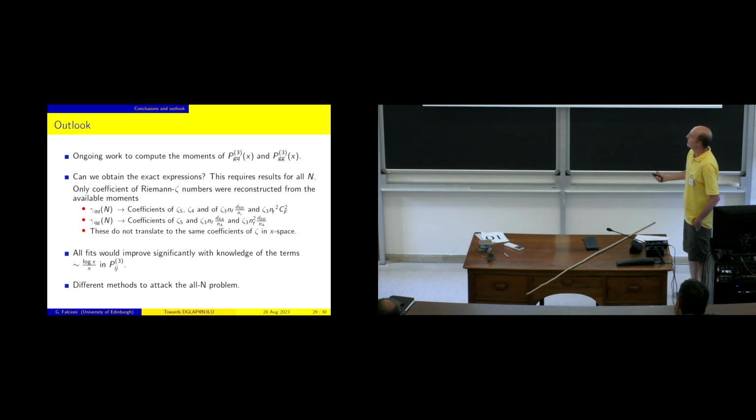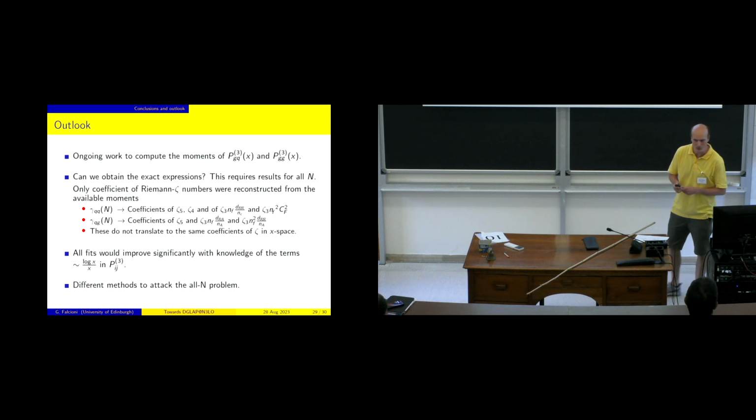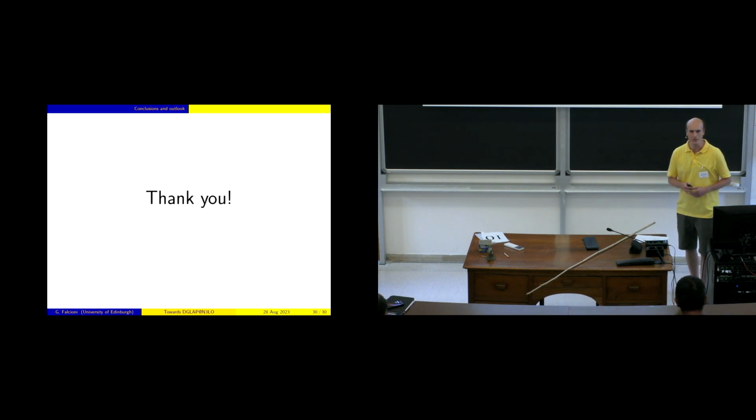The main message is that what is hitting us is the large error at low X. So if we were able to fix the next-to-next-to-leading log at low X, which is a log X over X at 4 loops, all these fits would improve quite significantly, and hopefully you would even be in the position to fit the exact result. But of course, first, I don't know this coefficient. I would like to get there, but second, I don't know whether it's enough. In general, if you want systematic approaches to get the all-N result, we are working also on different methods. So there are also other groups that are doing that. And thank you very much for your attention.